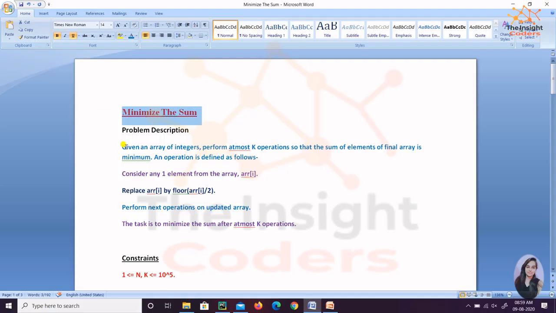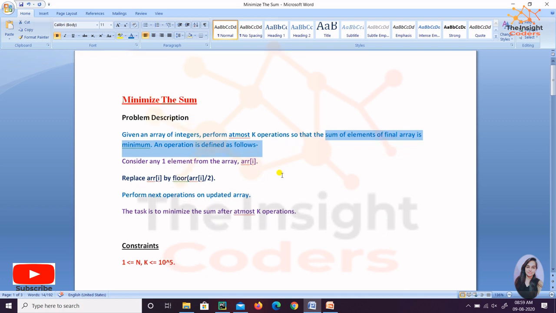So here is the question: you are given an array of integers and the sum should be minimum. How do you do that? You have to perform at most, that means maximum, k operations so that the sum of the elements of the final array is minimum.